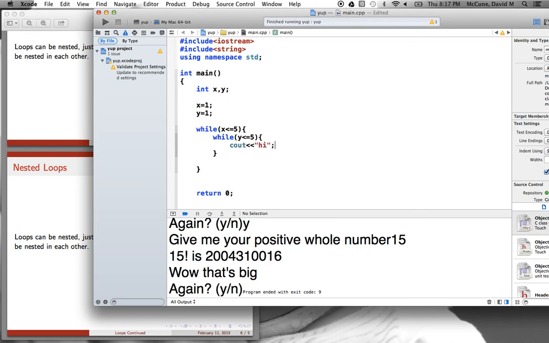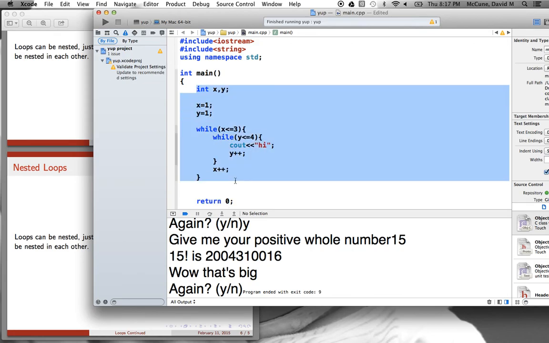I'm going to, inside the nest here, do hi. I'm going to do a y++ and an x++. And actually, let's run this 3 times and 4 times, just to have smaller numbers. Okay, so suppose I give this nested loop to you, just this little code segment here, and I ask you,